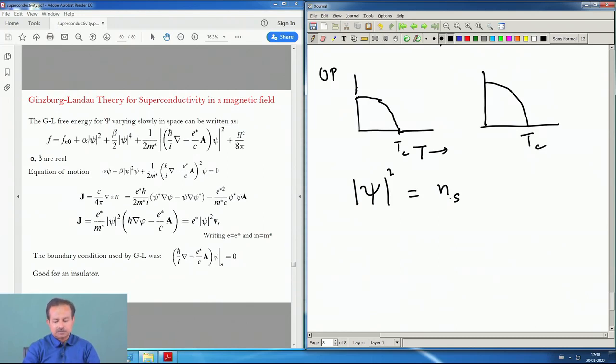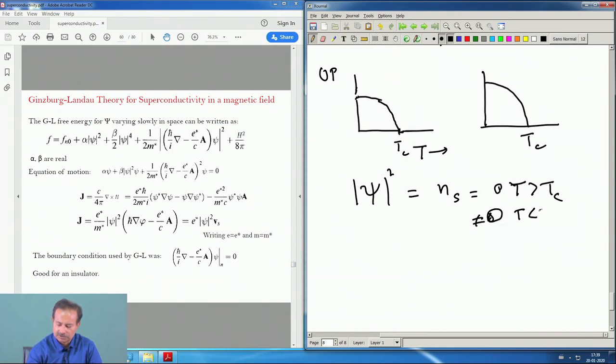Okay. And because psi can be complex, I put a mod there, and mod psi squared gives me Ns, the superconducting density. This is called the superfluid density or superconductor density, whatever. This N sub S, the superconducting component of the density, is 0 above Tc. So this is 0 for T greater than Tc, and finite